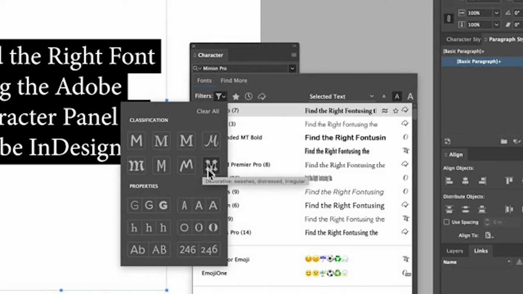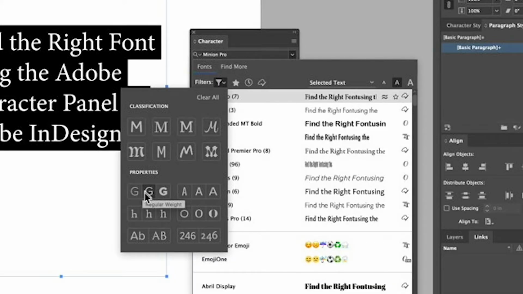I go over the difference between a sans serif and a serif in my previous video, so check it out if these are all very foreign words, and hopefully that video will help you. Those are some of the classifications that Adobe uses to break down the fonts. Say you already have your classification down, you already have a serif in mind. Maybe you want to narrow it down even further. That's when properties come in.